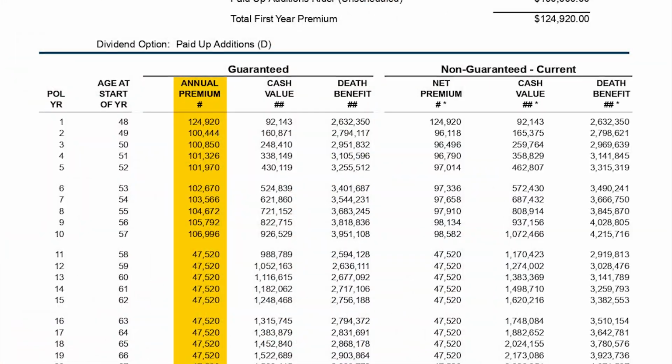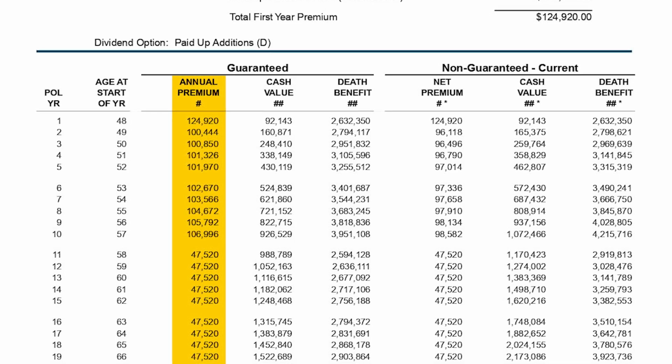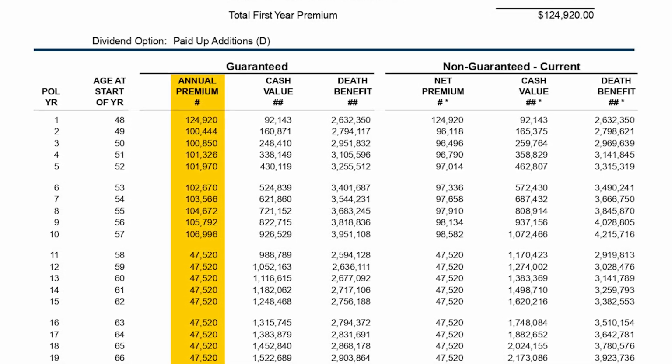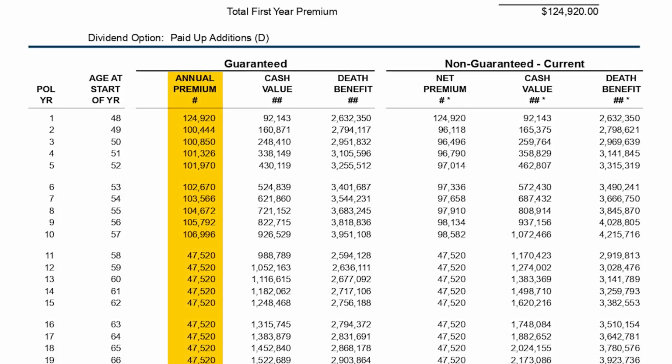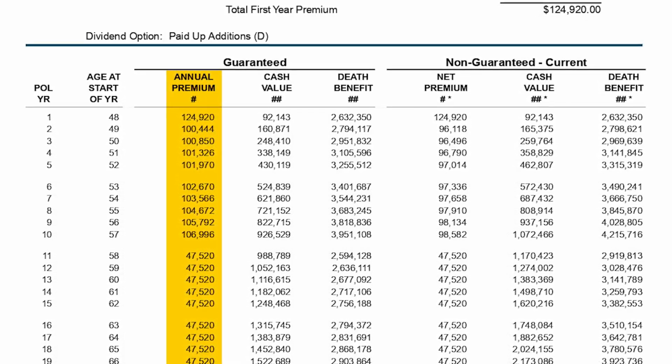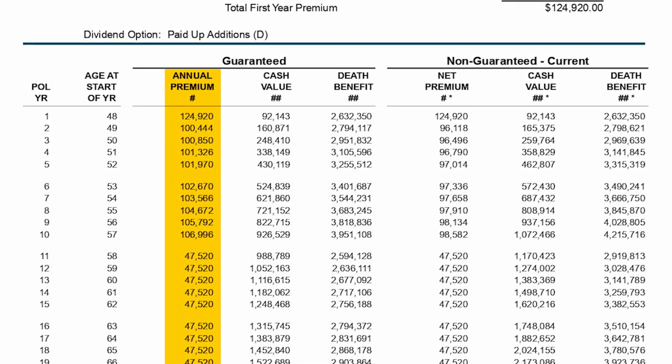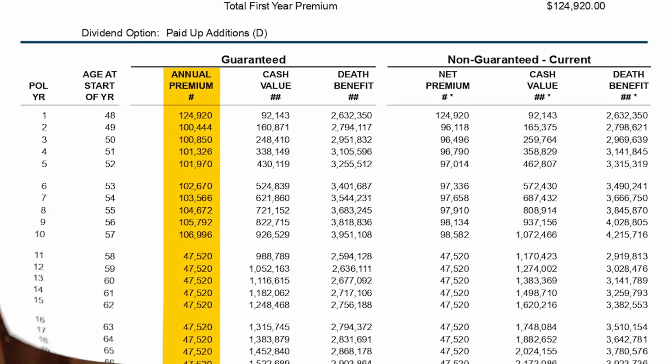Now you can see that after 10 years, you've paid in well over $1 million. This is probably bordering roughly $1,030,000 and change, and you'll see that you have just over $1 million. Even after 5 years, you put in about $530,000 and you've got $462,000. You still haven't even broken even.